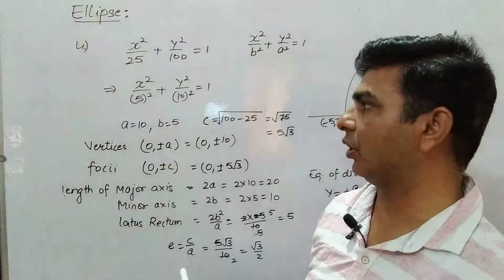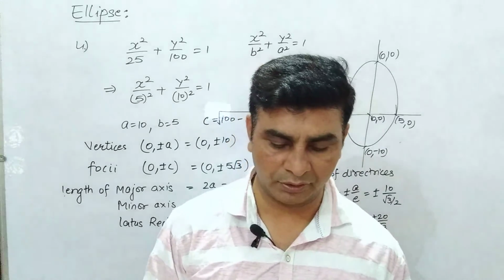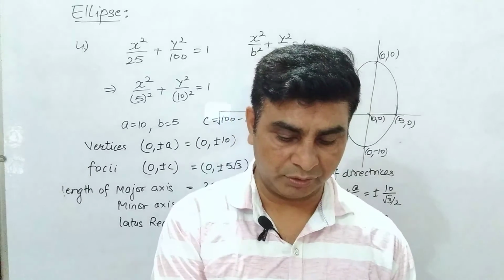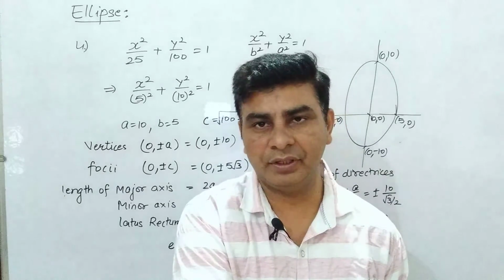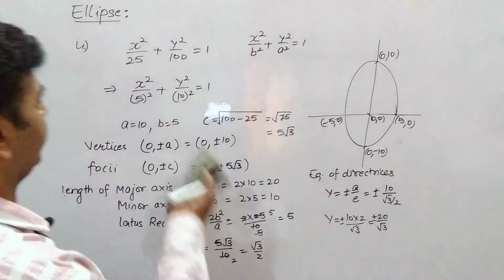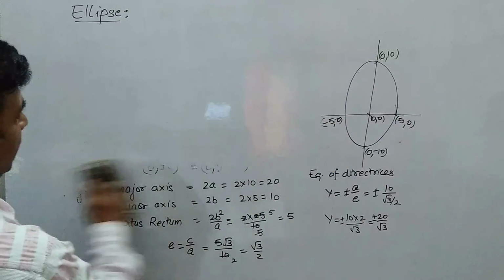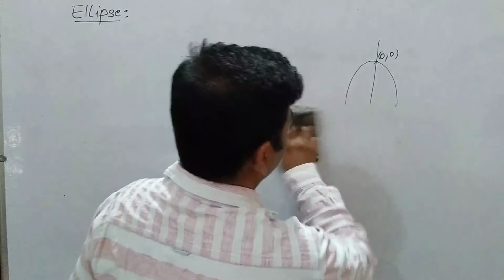This is the example of a vertical ellipse, and a few minutes back I told you about the example of a horizontal ellipse. So let me now do question number 8 also, because question number 5 and 6 you can do by yourself. Question number 7 is not given in the perfect standard form; it is to be reduced to the standard form x square by a square plus y square by b square is equal to 1, and this is very easy to do by dividing by the right hand side constant value. So let me do question number 8 for all of you.